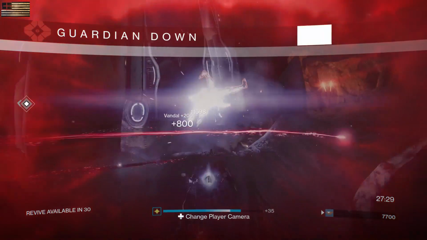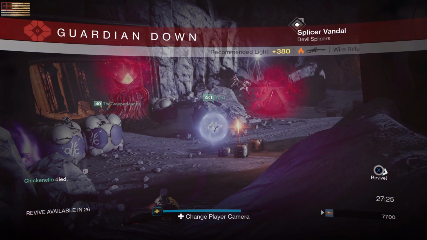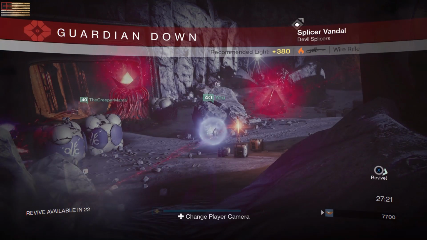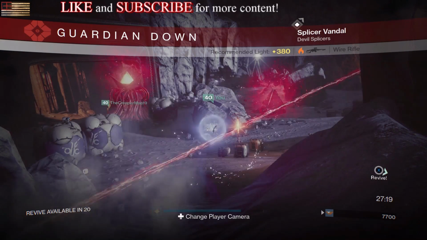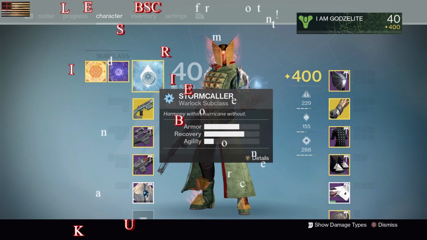You can kind of go in there and kill everybody pretty easily. Just make sure you don't run up in the room. If you run up in the room, everybody's going to shoot you at once. Kind of stay back at the doorway. This is where your Titan bubble is going to come in handy for blessing. You can kind of pop out of the bubble and shoot and then pop back in if you lose your